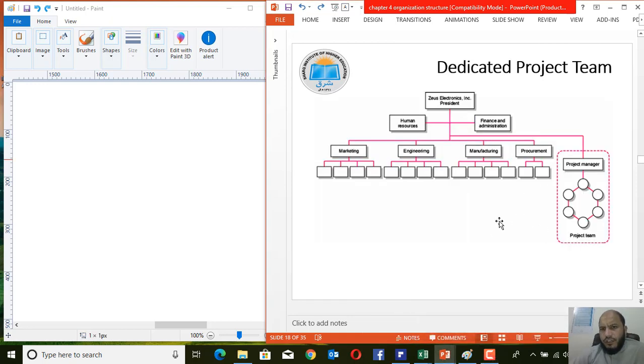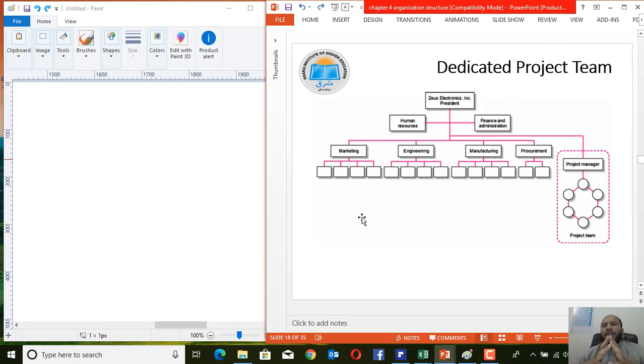Dear students, in this slide we have the same structure. For example, this is an electronics corporation. They have different departments, but there is a project, and this project has a manager. This project manager has a team, like this person, this 2, 3 and 4. This team is responsible to this project A manager, and the project manager is then responsible to, for example, the president of the company. So this is what we may say, that here the authority is in the hand of the project manager.